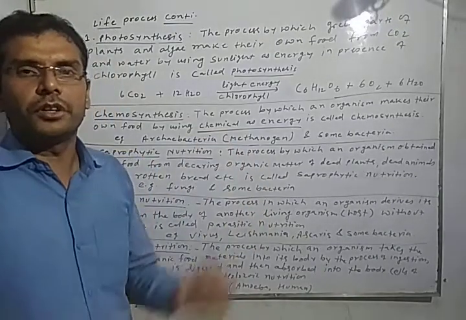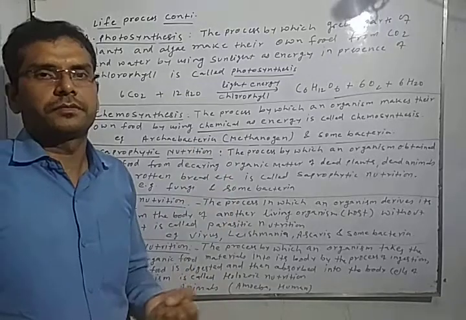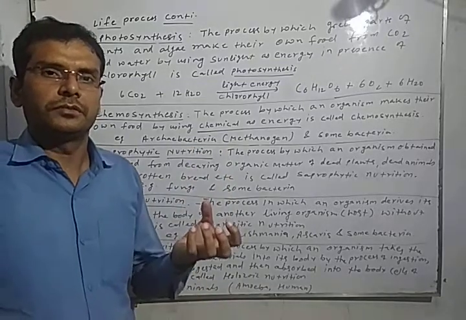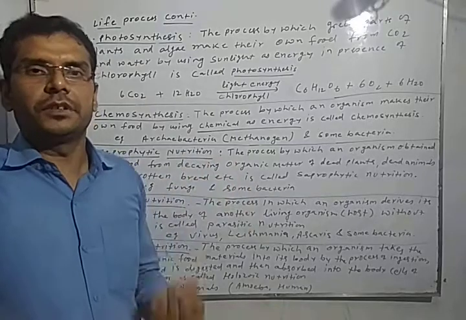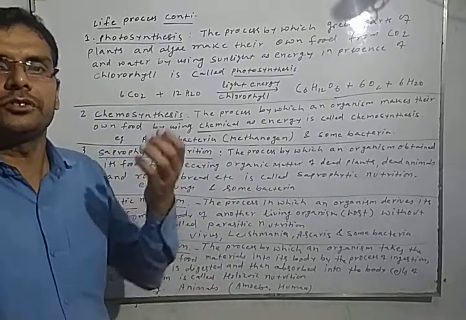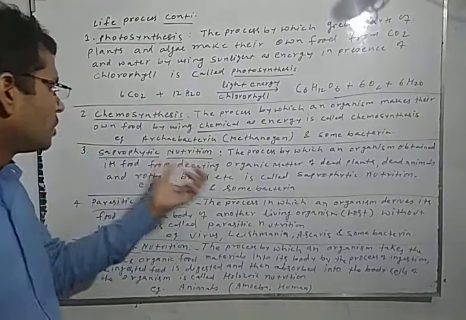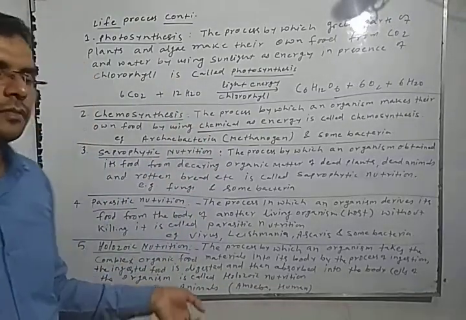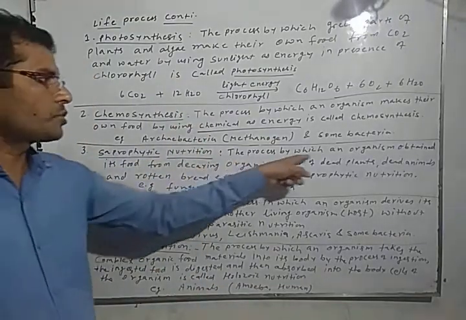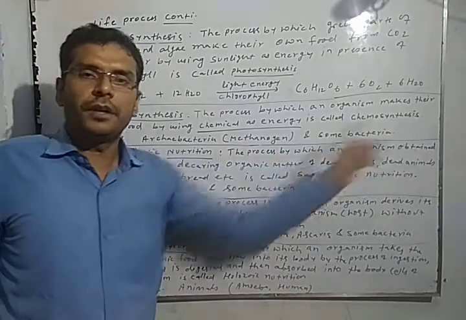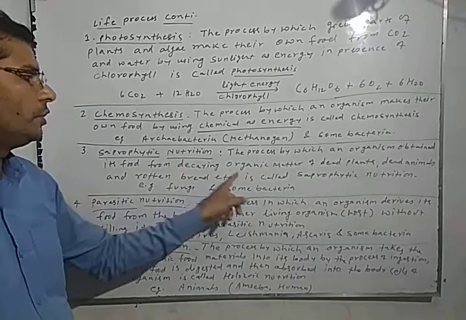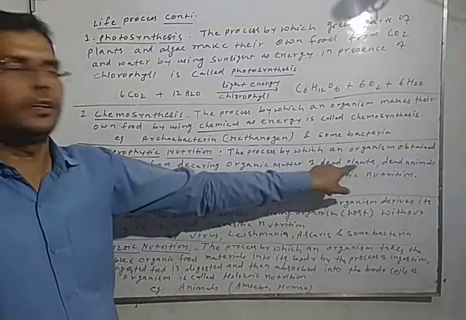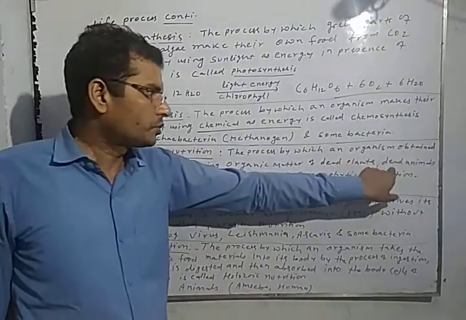Now, what is organic matter? The matter present in living organisms such as plants and animals is called organic matter. Now, the process by which an organism obtains its food from decaying organic matter of dead plant parts,